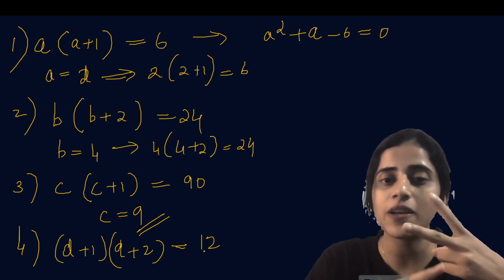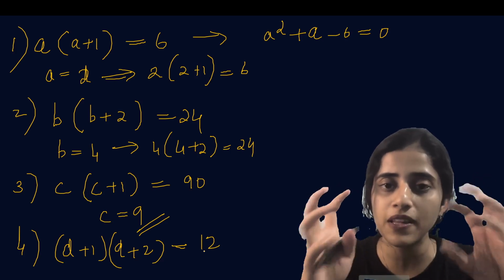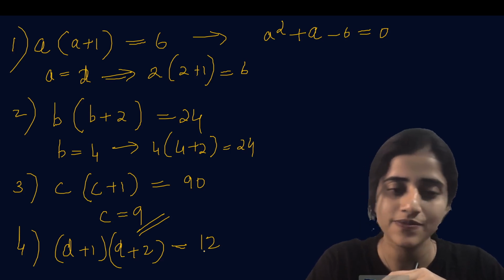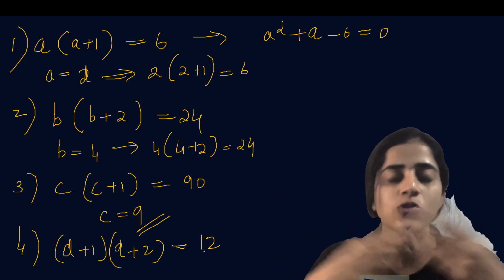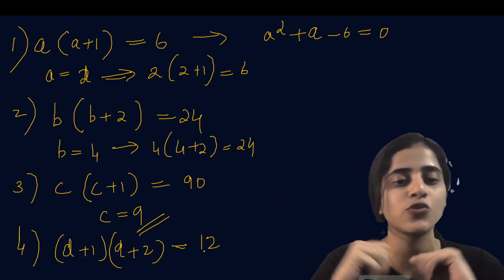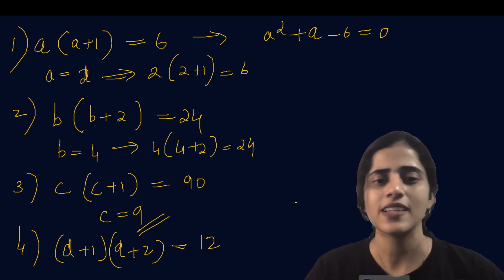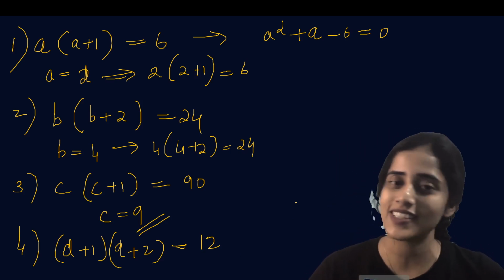So something plus 1 and something plus 2 should end up in 3 into 4. So what should it be? 2. 2 plus 1 is 3. 2 plus 2 is 4. So D should be 2. So you get 3 into 4 is equal to 12. Okay? Is this clear? So these are some small tricks to solve quadratic